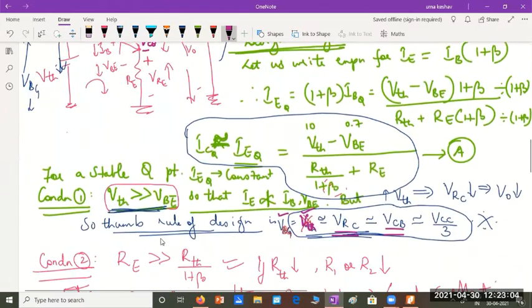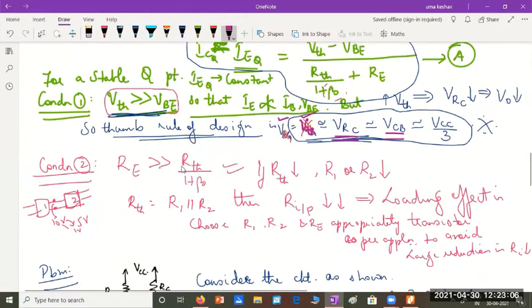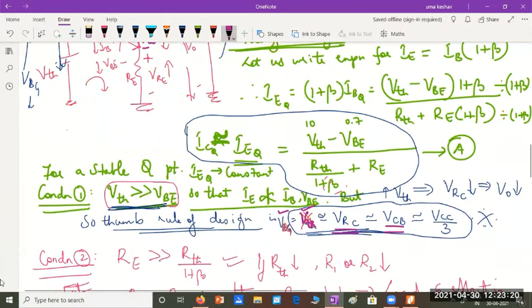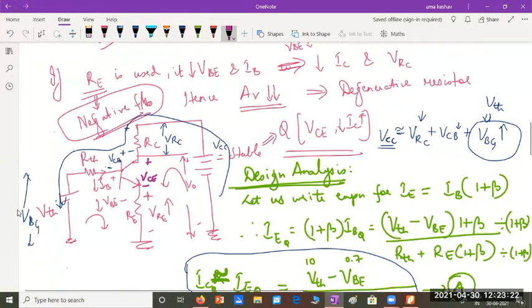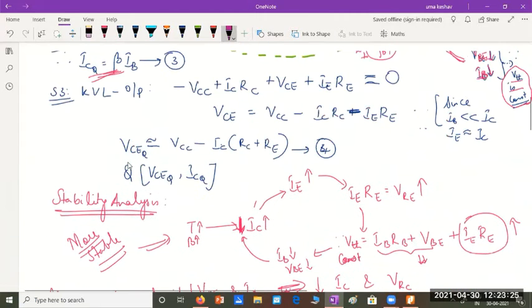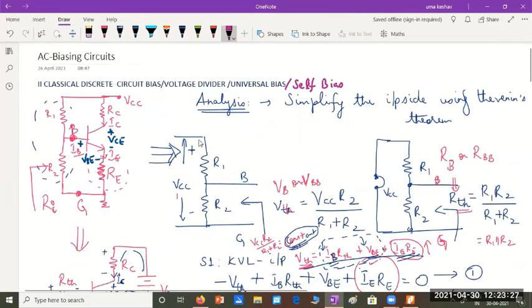So the other option is I should try to decrease RTH. If I can't increase Re, we will try to decrease RTH here to ensure this condition is satisfied. But when I try to decrease RTH, that can be done by decreasing either R1 or R2. You see here, RTH is R1 in parallel with R2. So if you decrease either R1 or R2, this RTH value will be decreased, as you can see here.